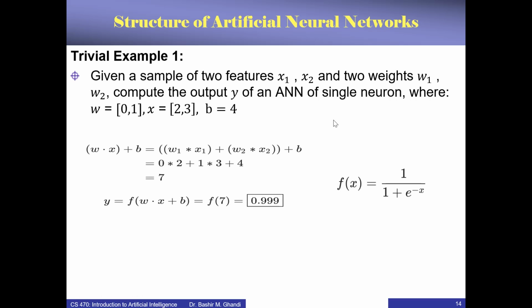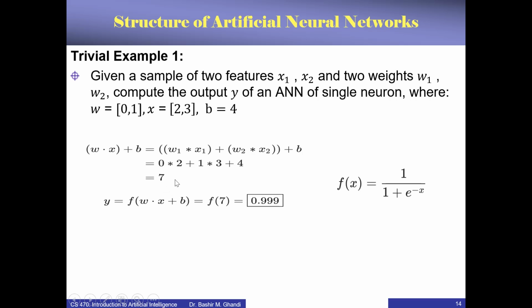So it's really very easy. You just need to apply your summation formula. It's always going to be the inner product of the two vectors, W and X. So W dot X plus bias, which means W1 times X1 plus W2 times X2 plus the bias B. And this is going to be 0 times 2, plus 1 times 3 plus 4, which is equal to